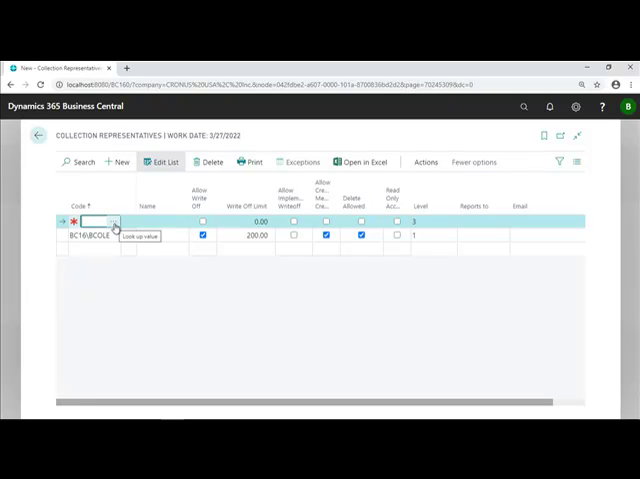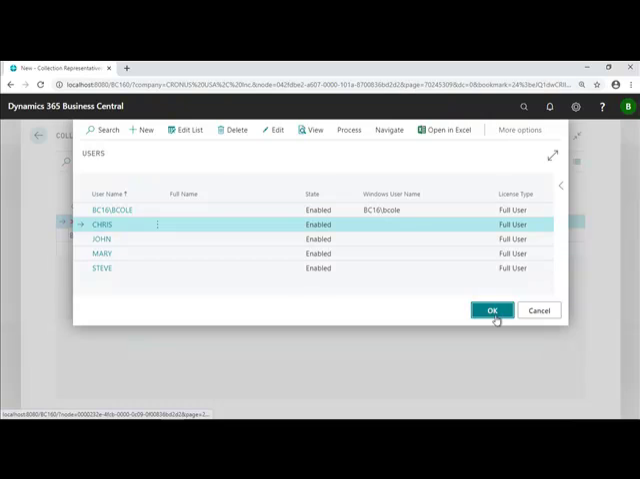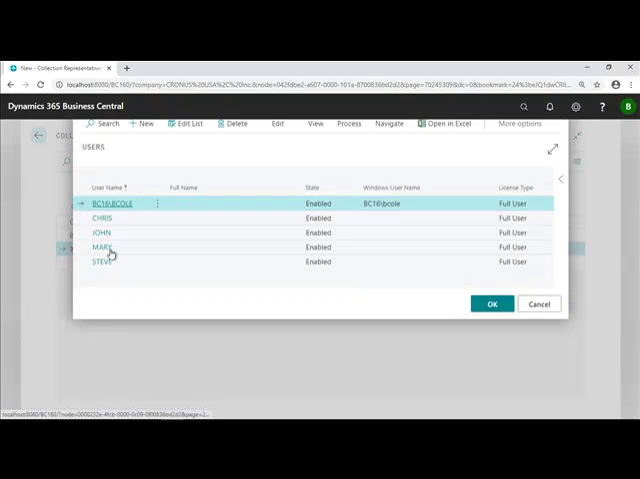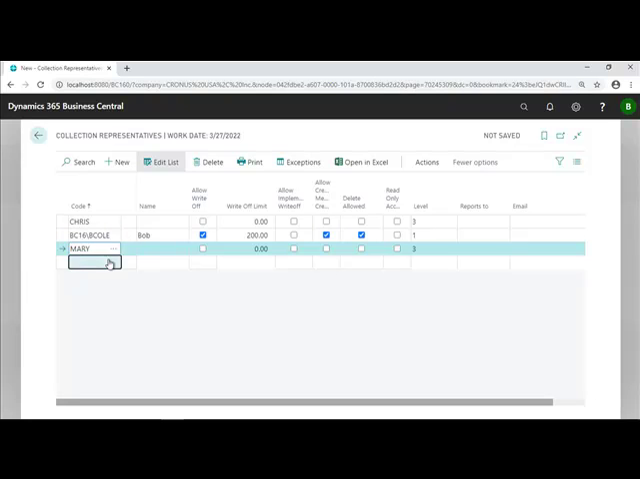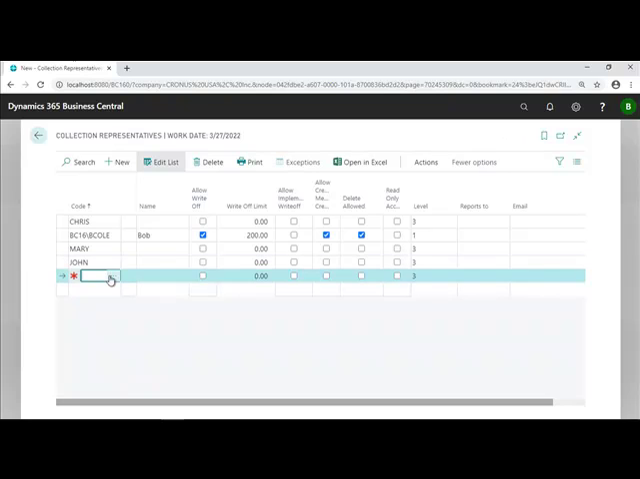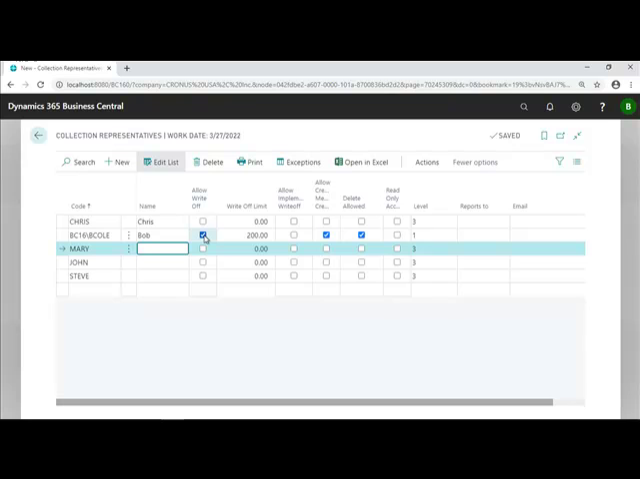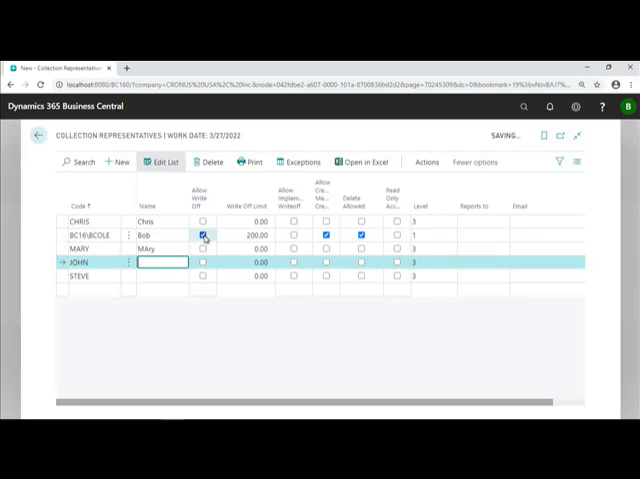We click on the little three-dot ellipsis and we see a list of all of the users that are in the system. So we're going to add Chris, and we're going to add Mary, and we're going to add John, and we'll add Steve. Now the next part, if the names don't come down, you may want to add in the names so that they display properly in the rest of the system. So we'll just put in Mary and John